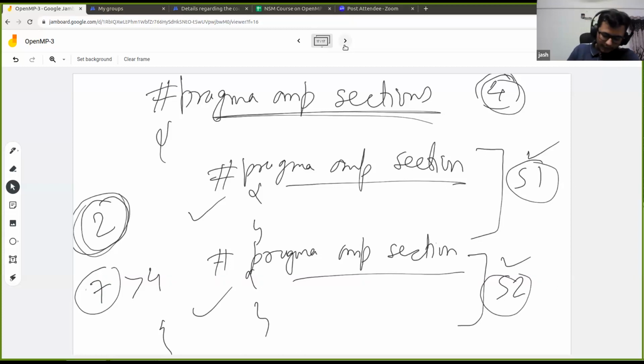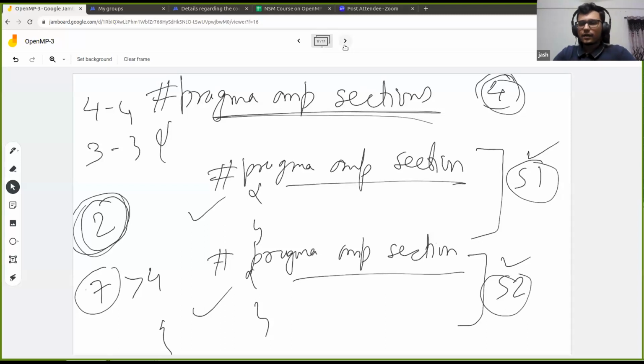In that case, each thread will first pick up at least one section, so 4 threads, 4 sections. Each thread gets one section, and then the rest 3 sections will be assigned to 3 other threads, and 1 thread might be idle in this case. So that is what will happen in case of sections.